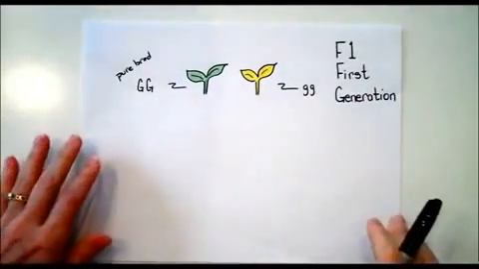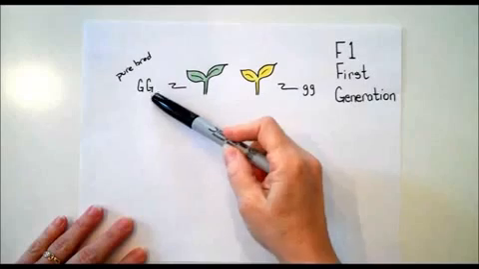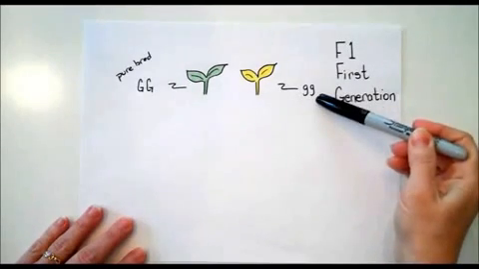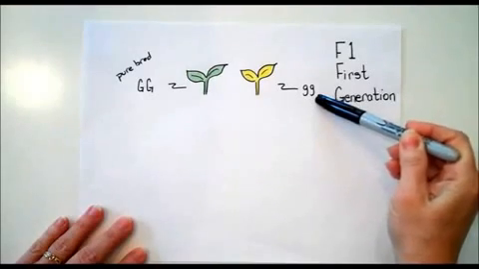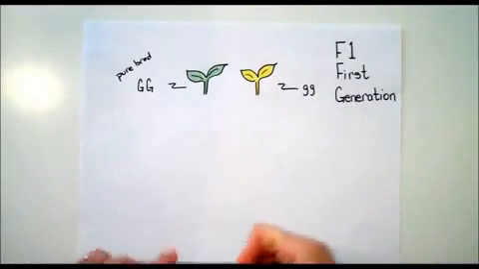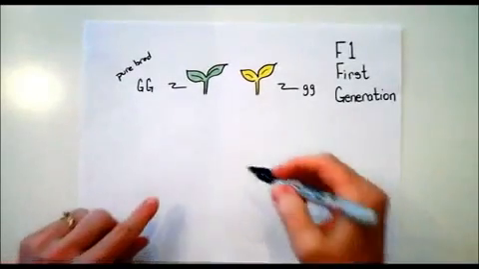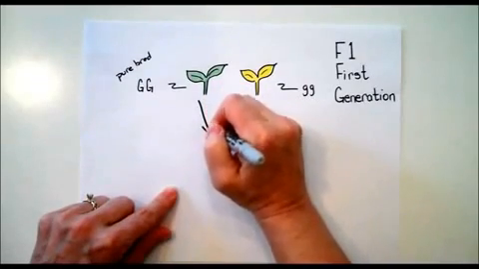Suppose two plants are bred together. One plant is purebred dominant for green pigment, and the other is purebred recessive, lowercase g, meaning that it cannot produce green pigment. When these two plants produce offspring, each plant gives one allele to the offspring. In this case, the green purebred plant